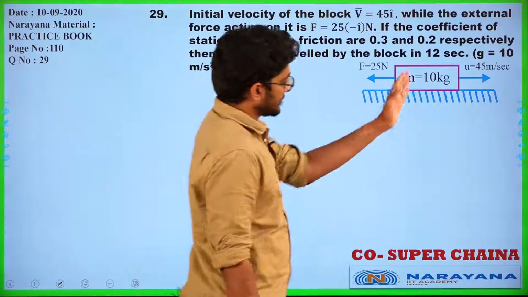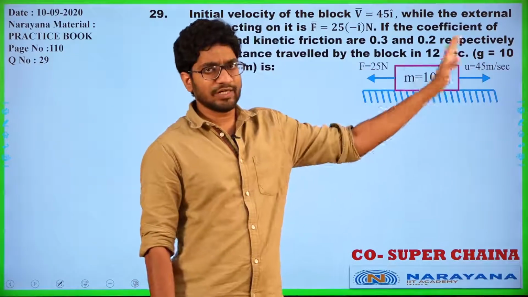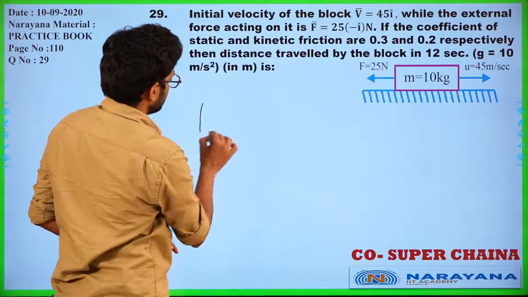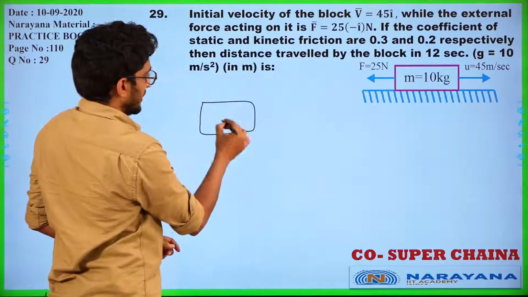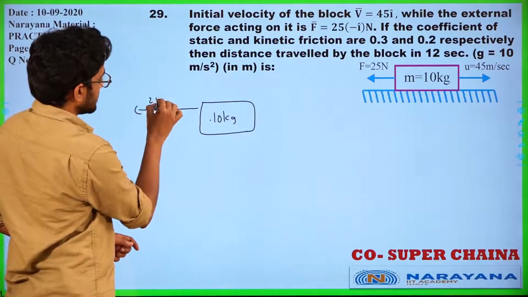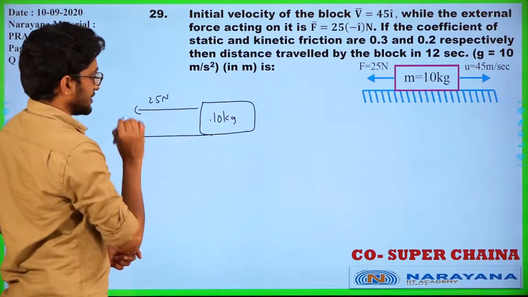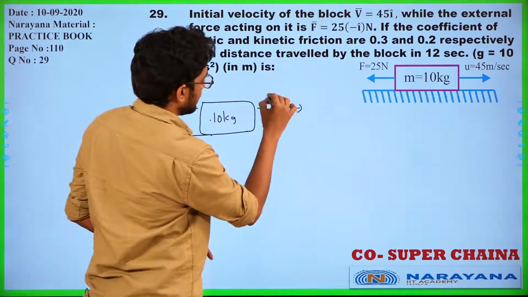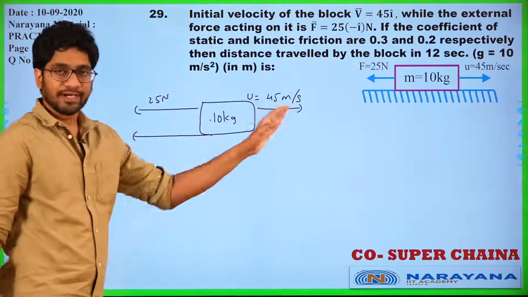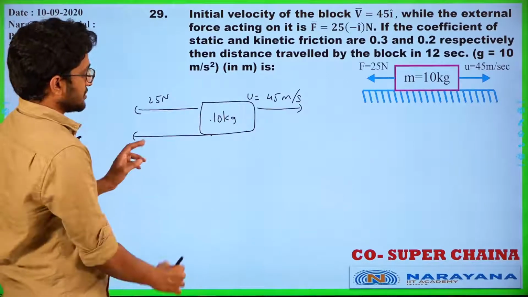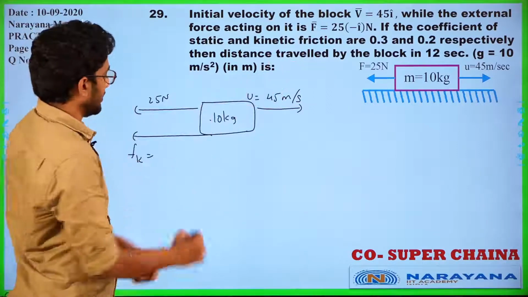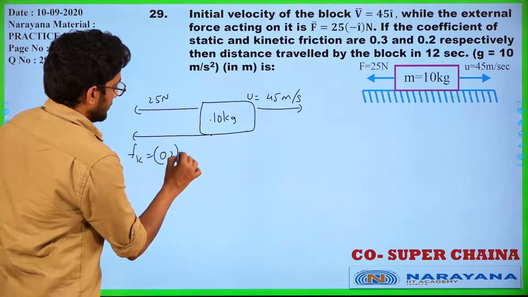So first it has a velocity of 45 towards right. So that means it is already sliding towards right. So initially friction will act towards left. So as long as it is sliding, this force is always acting, the 25 newtons force, and friction is also acting, right? And initially it has a velocity of 45 meters per second. So clearly this is sliding, so the friction acting is kinetic friction. So kinetic friction acting is mu into normal. So mu k is 0.2 into normal is 100.